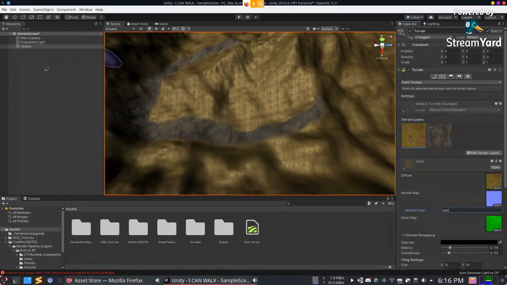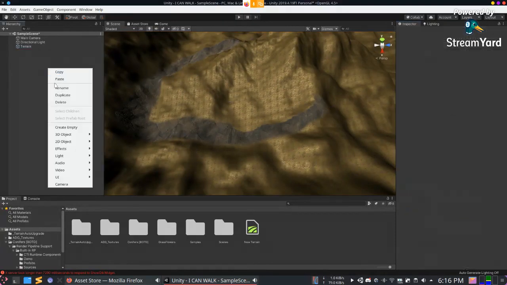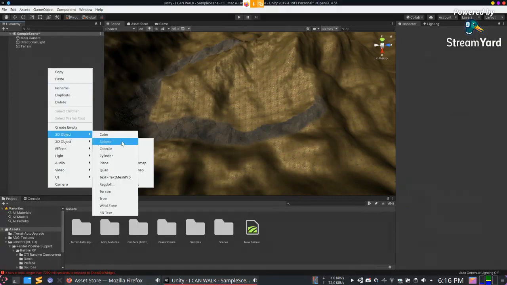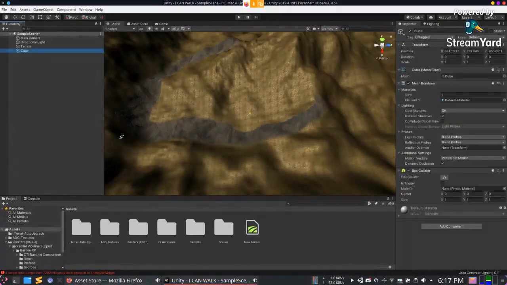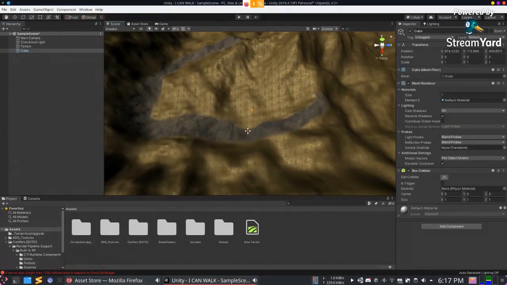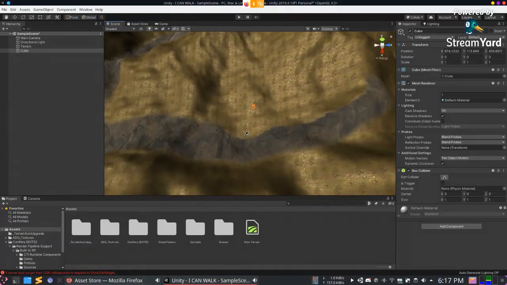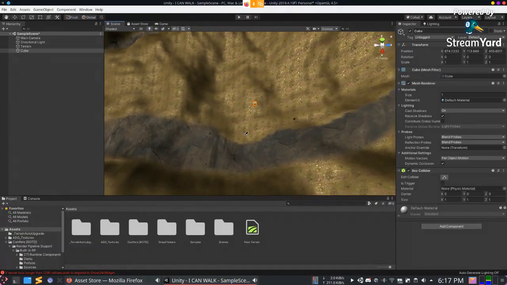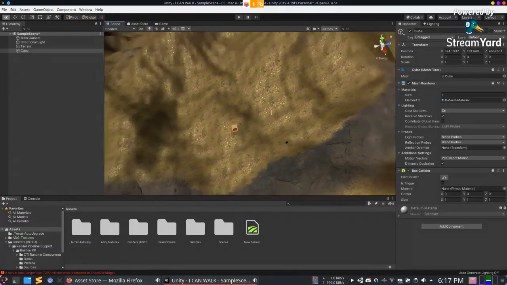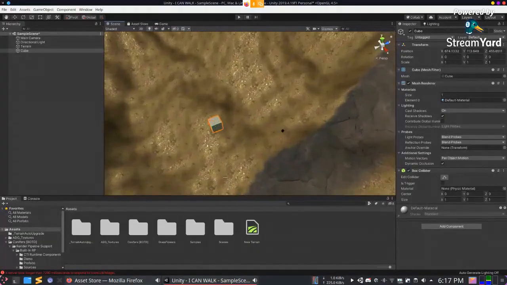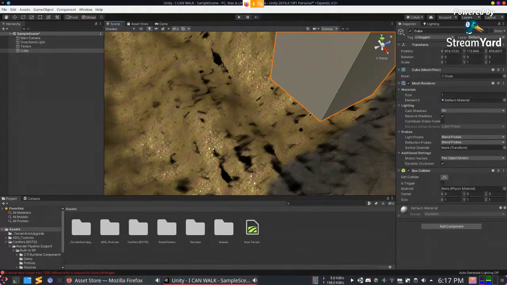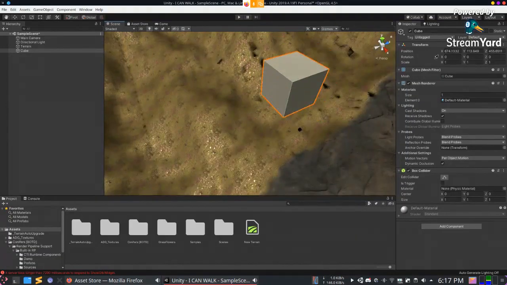One more thing that is very useful is creating a cube to represent a human height. So let's do that. Where did it get placed in here? Among here there are a few buttons.